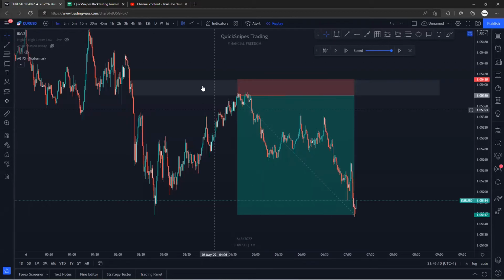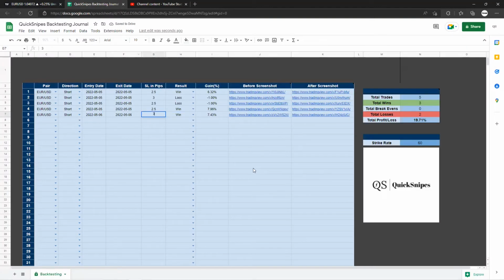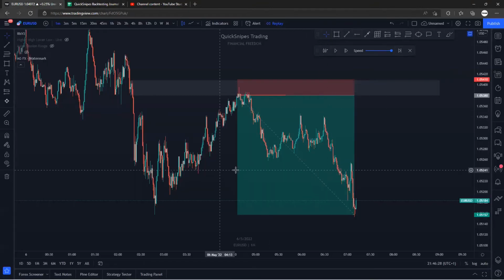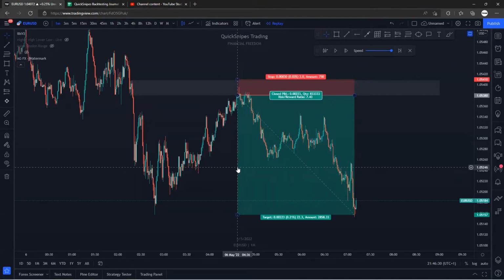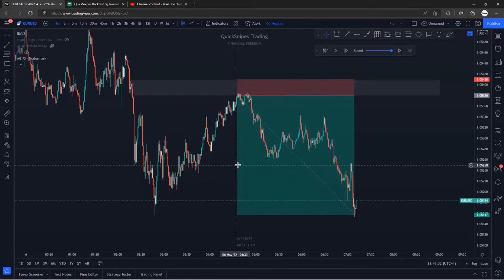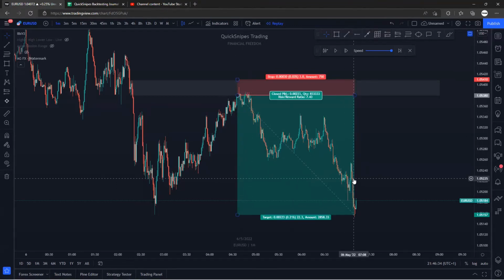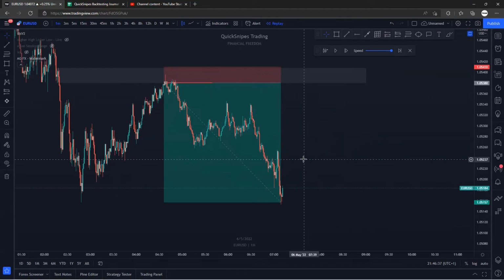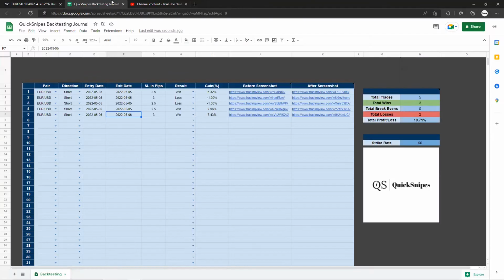Win, stop loss of 3 pips. There we go. So again, two days of trading, and we haven't even completed the 6th, where there still might be more trades. 19.71%, 60% win rate. This would have been opened at around 4 or 5 a.m. in the morning, closed at around 7 a.m. in the morning. So before your general work day, you could have been sitting at about, let's say you're trading